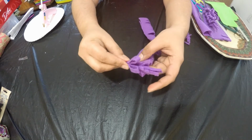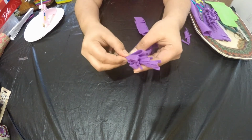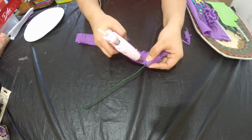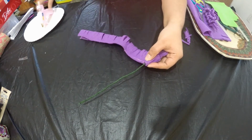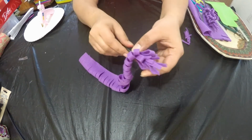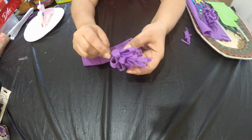So when you make one round, then you want to go down in diagonal and keep pressing it so that everything sticks to the stem. Add more glue down here. And then you will go in a diagonal position, but you will still attach a little bit to the felt on top. Then go down